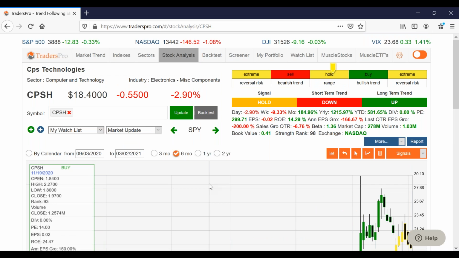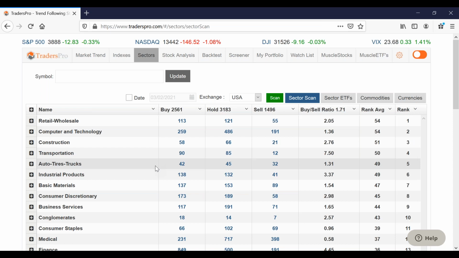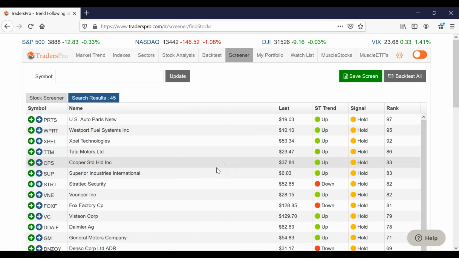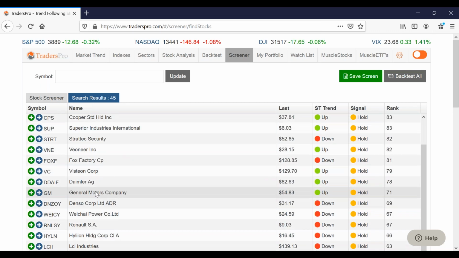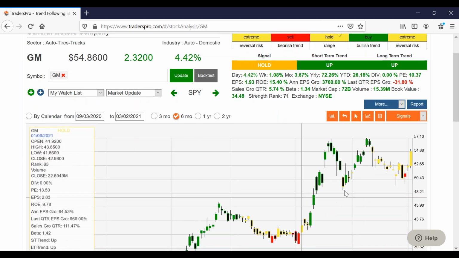And this doesn't have a real high strength rank, but one thing I've seen, and something you see when you get into a tired market as well, is a lot of the defensive stocks start to rally. You're seeing Coca-Cola rally, and if you go under the autos sector here, you have GM and Ford rallying. GM right here, I like. Ford is getting a little bit overbought. We can look at the Ford chart here, but GM has had a nice day today, and you can see it has a little bit of a consolidation through here.